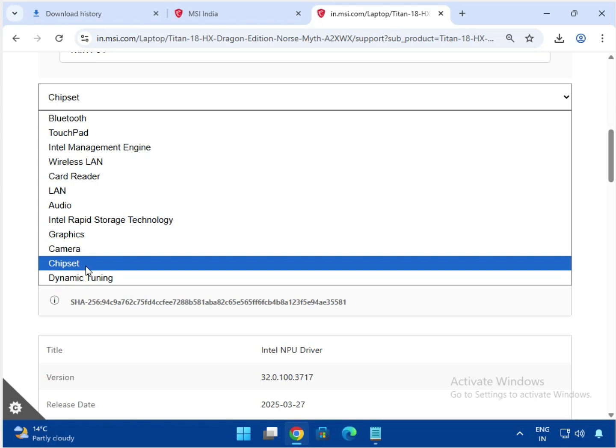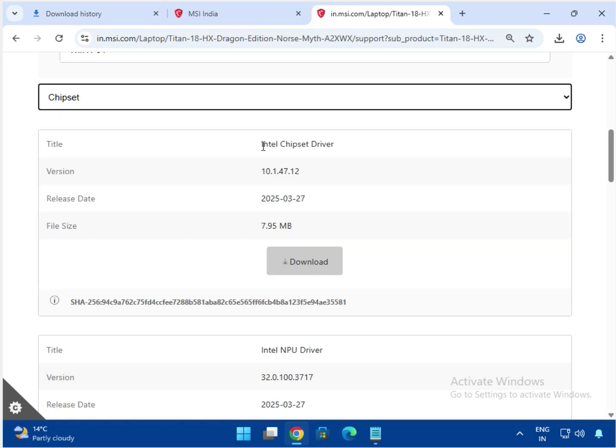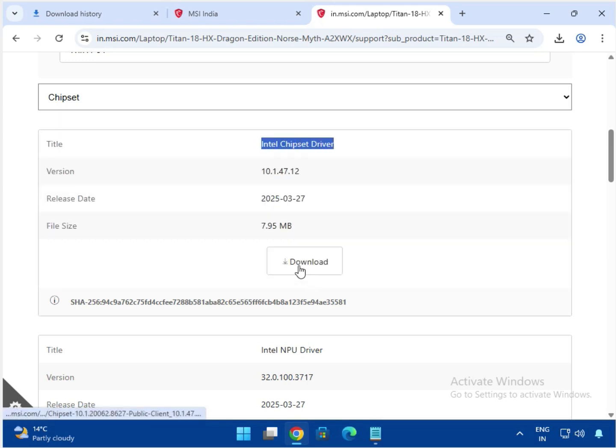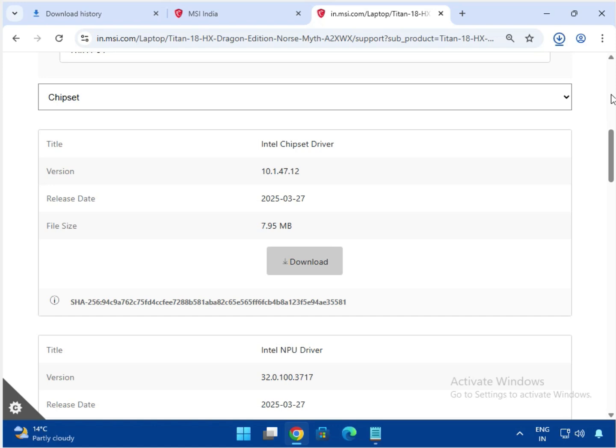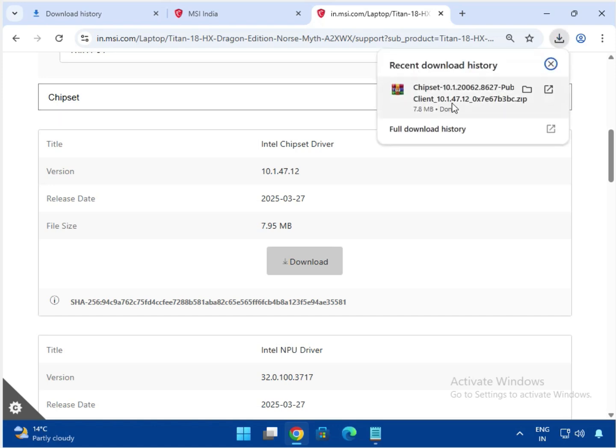Select chipset driver. After that you can see the Intel chipset driver and click to download. It starts downloading, it will complete, then show the pop-up. It is completed, then